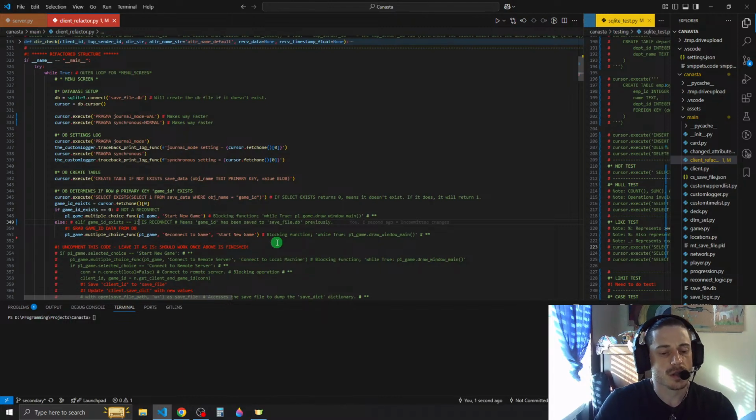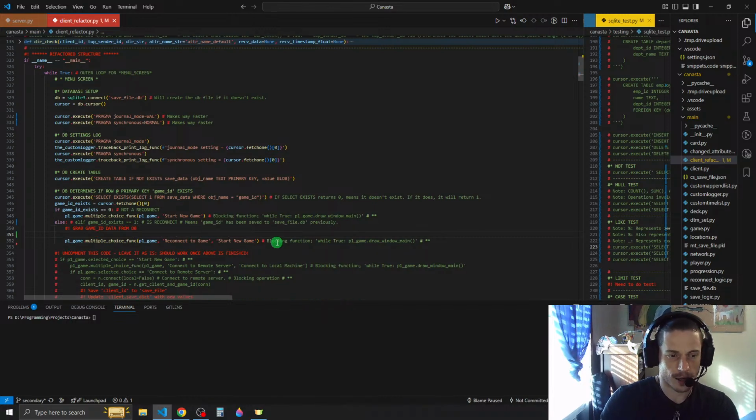In this case, say is reconnect means game ID has been saved to the save file. So in that case, we want to grab the game ID data from the database. So to do this, we would say execute and then select. So we want to get the value, right? Because that's the other column. So we want to select the value column, value field rather, associated with the value column